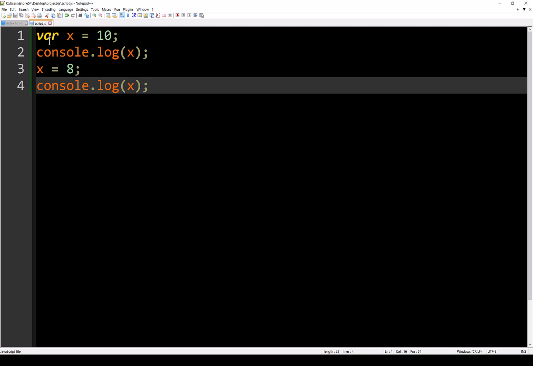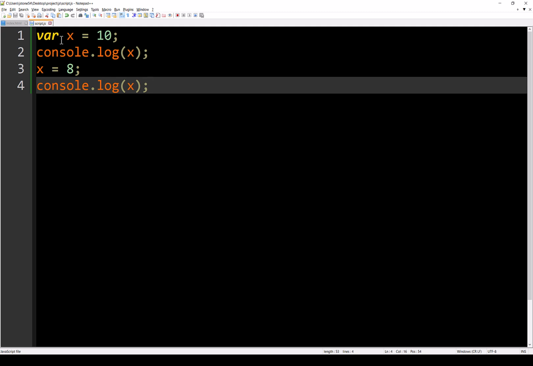Maybe you have a constant for pi, right? Pi equals 3.14 or however many decimals you want to go out, because that's a number that's never going to change. You're never going to mess with it. You're never going to manipulate it. That's how I use const. There are some tricky things when it comes to arrays with const. We'll look at that another day when we get deeper into advanced array stuff. But for now, these are the basics for const, let, and var.